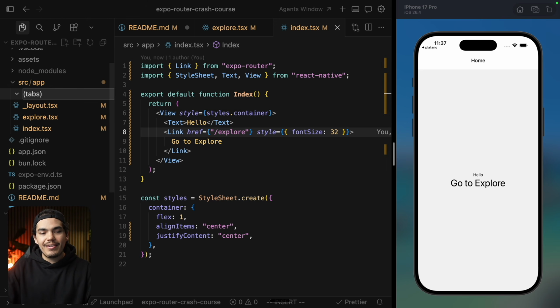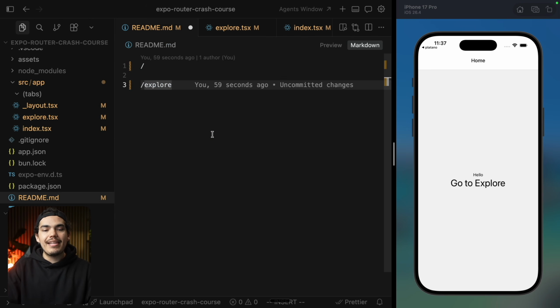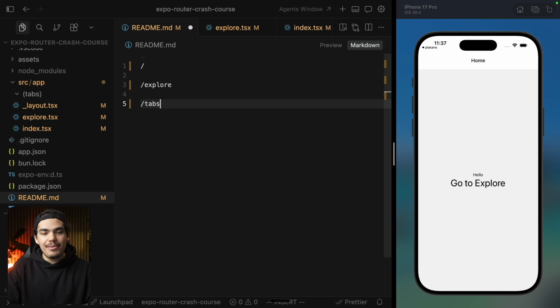So you can create the tabs folder without parentheses, but that means that when you want to navigate to the tabs, you will need to say tabs home or something like that. But in this case, since I want the tabs to be my actual home screen or the entry point, you